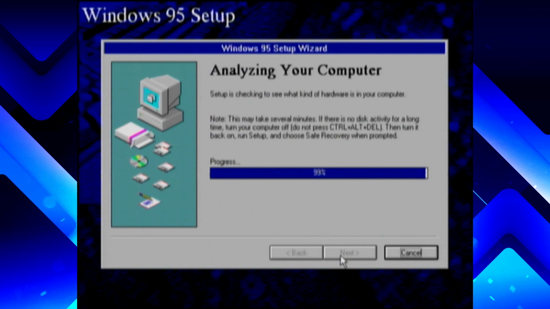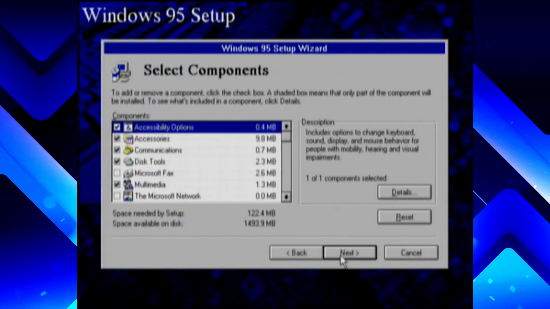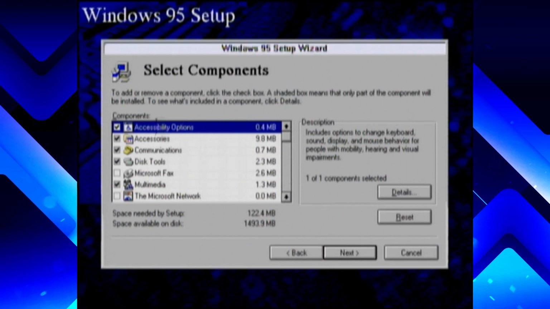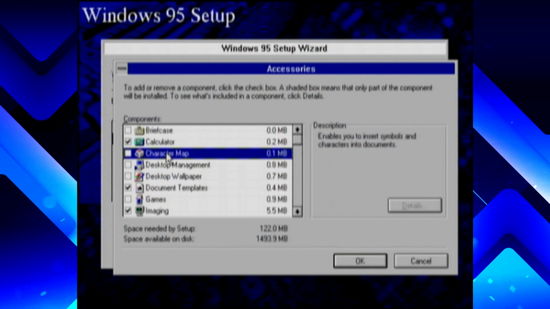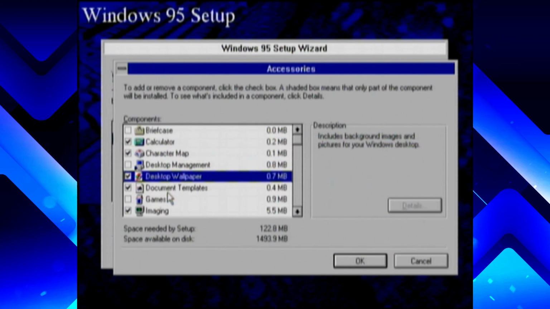That's what it looks like to me. But in all, it's just a little more refined, and I prefer OSR2 over original Windows 95 for all those reasons that I just mentioned. There's just one problem, and I will have to wait until I get to that point to demonstrate, but